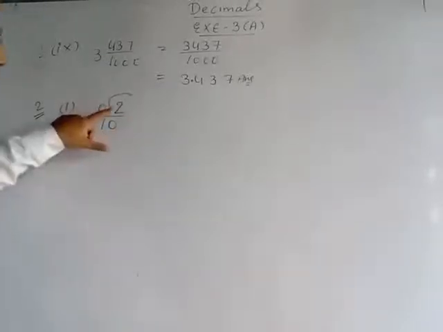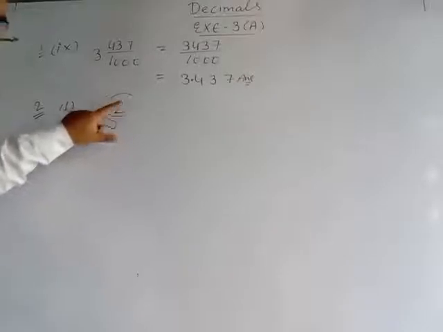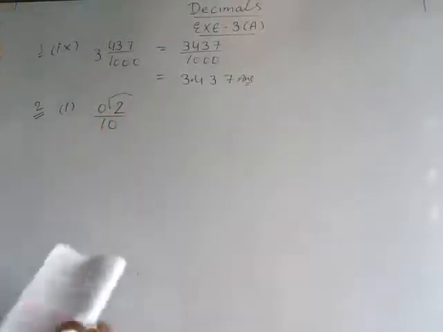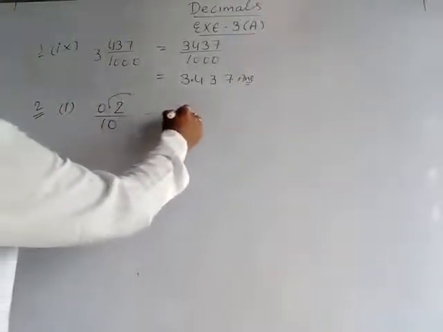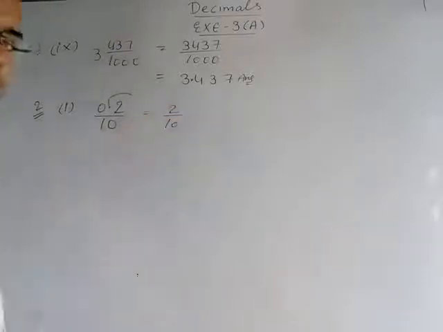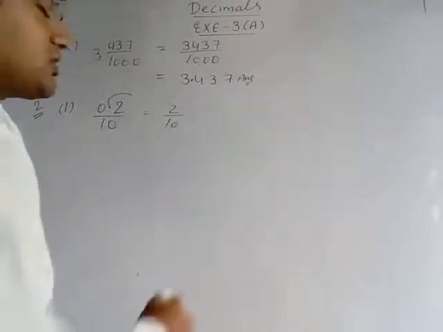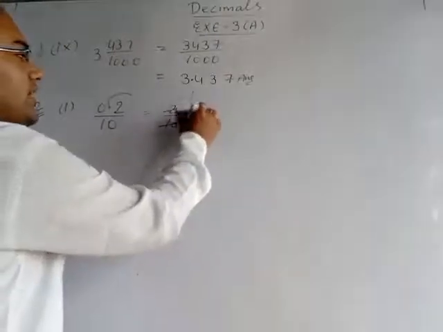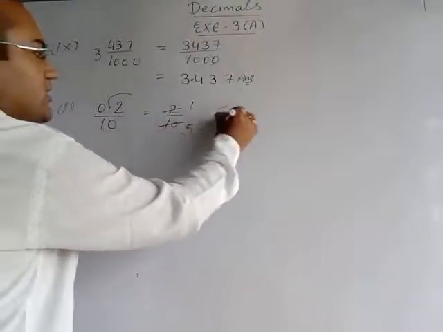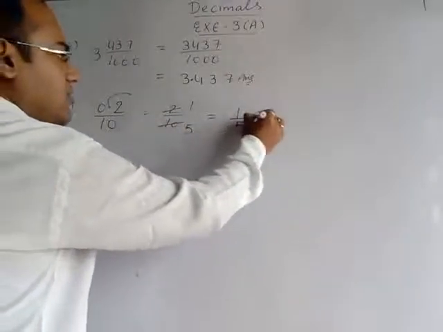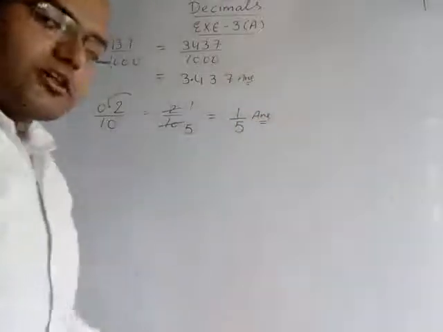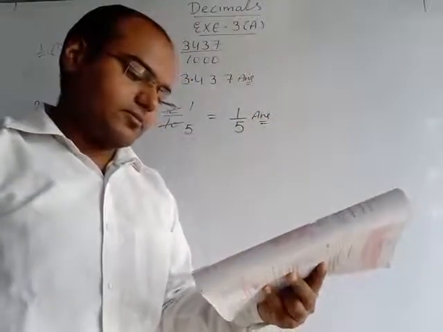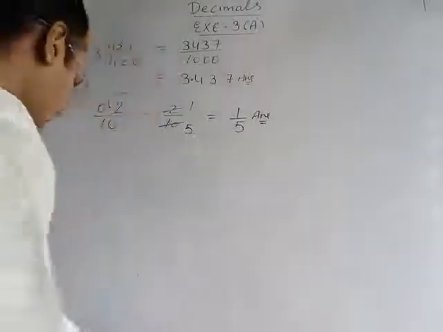So here only 1 digit is there on the right side of the decimal. That's why we are taking 10. Now fraction is 2 upon 10. This is the fraction. Now we have to change in the simplest form. So with a table of 2 we will cancel it. 2 1 ja 2, 2 5 ja 10. So final answer is 1 upon 5. Now see another part.